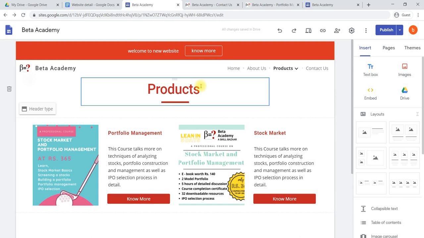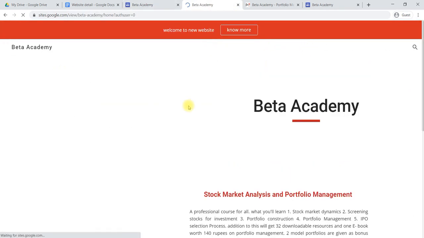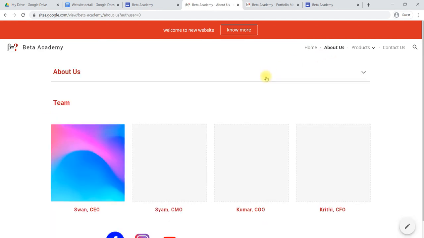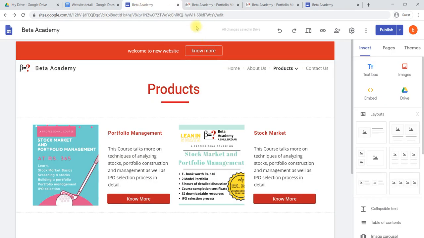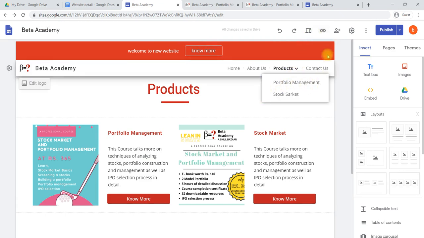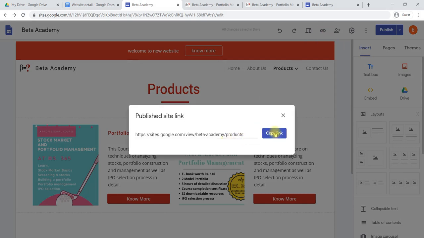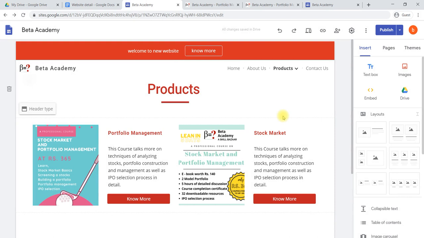This is about how we can construct one simple website in Google Sites and manage it. And how we can publish very easily, in a single moment it is published. If you would like to copy the link, for example this particular link, you can copy that link, and you can share it with your friends or your colleagues, anyone. They can also visit your site.